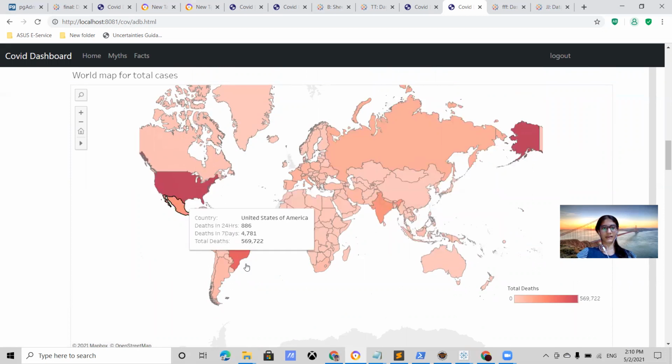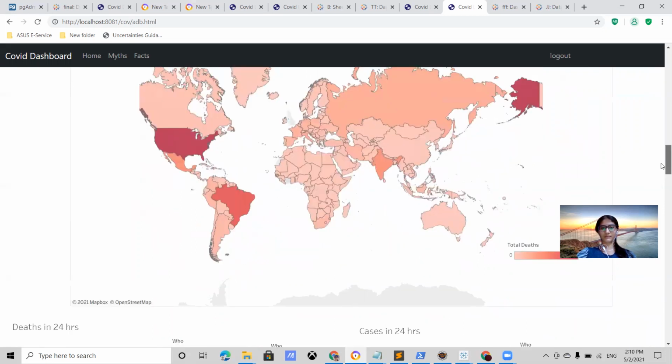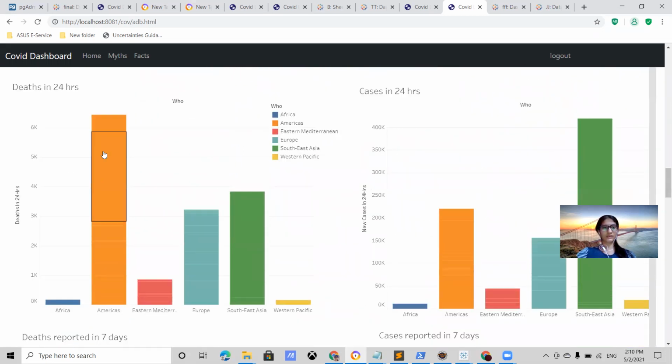Okay, we are able to see different sections, countries, graphs. This is deaths in 24 hours, and this is for cases in 24 hours. We can see it for India.